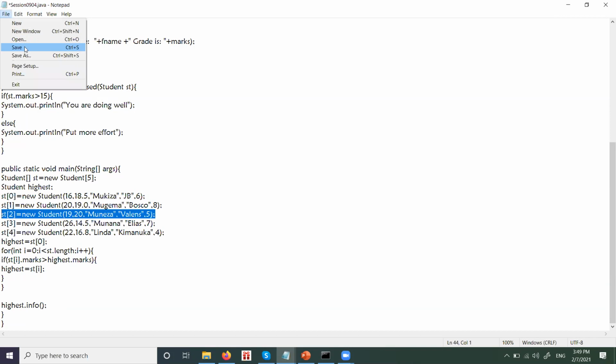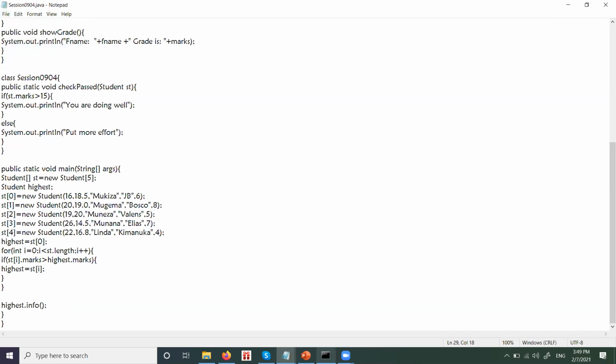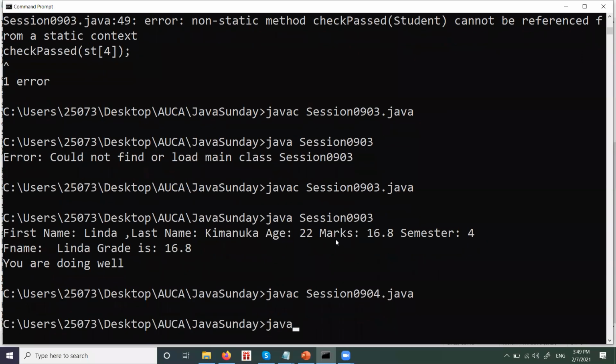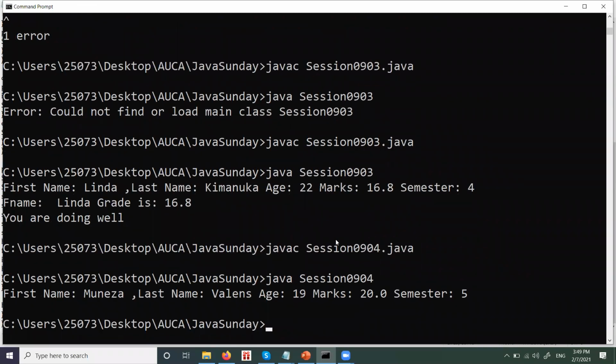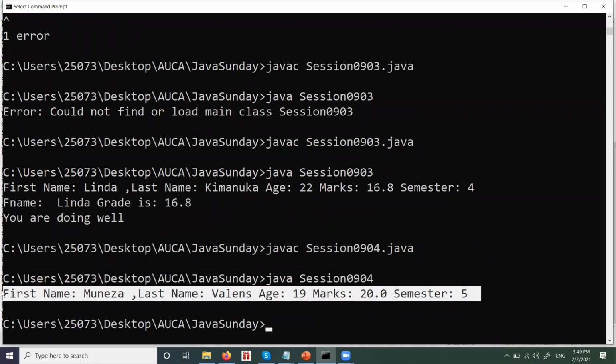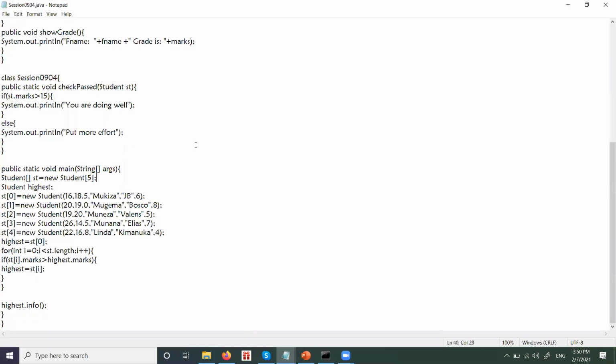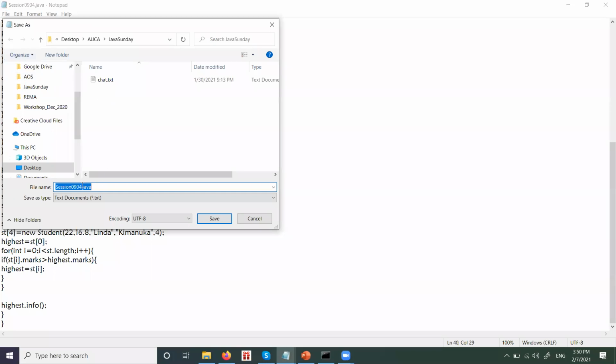But let's see, this is example number 4. And we make sure it's number 4 here. Okay. We put 4. Okay, then we say Java session 0904. All right, the guy with the highest marks is Muneza, you can see here. All right, so the last example, example number 5, let's look at the